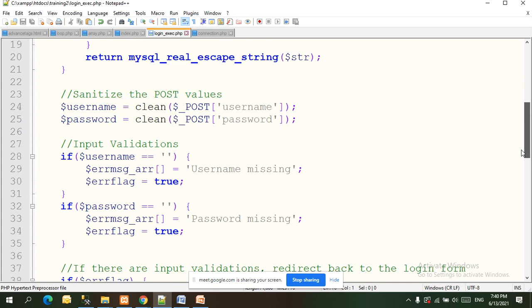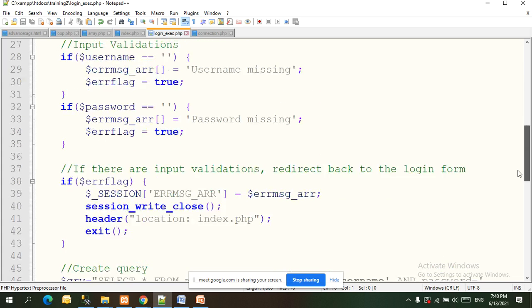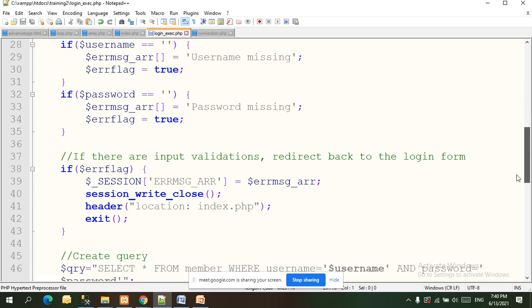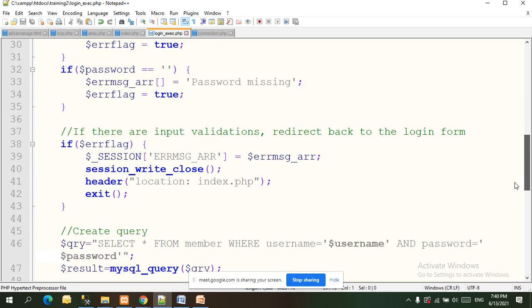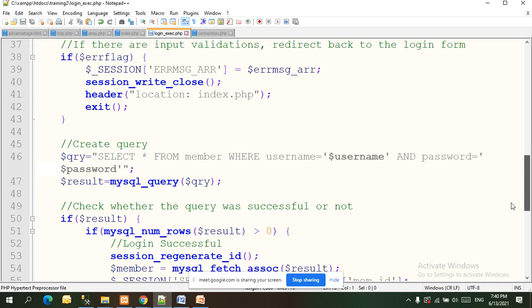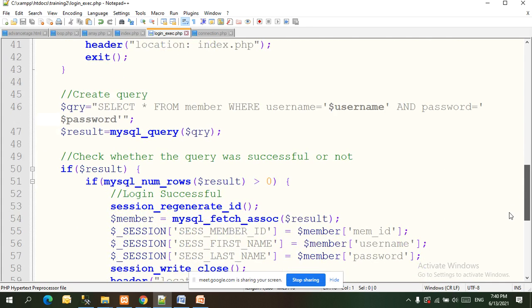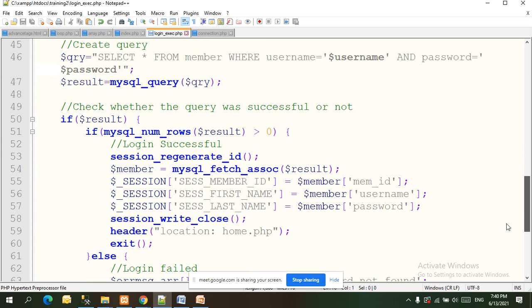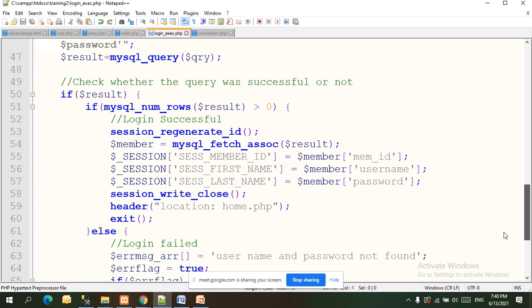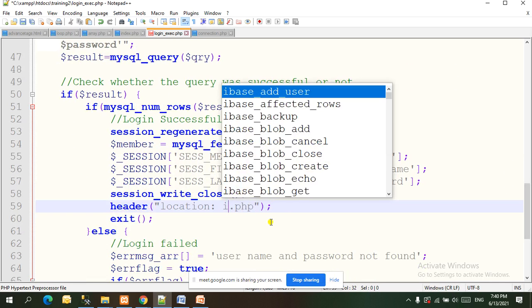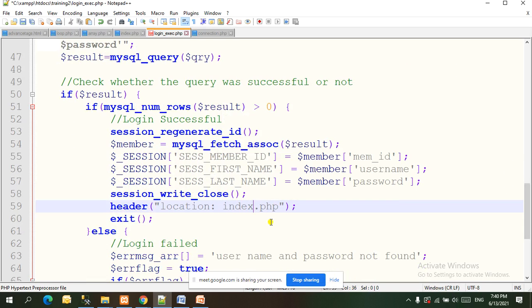If username is missing, or password is missing, it will stay on the index.php. If it is successful, greater than 0, then it's storing some values in member session variables, and then it's pointing to location home.php. We don't have home as of now. If we keep the index page, then after login it's going to come on the same page.